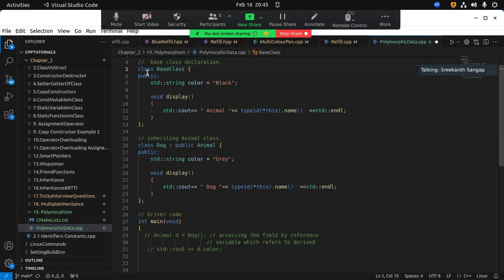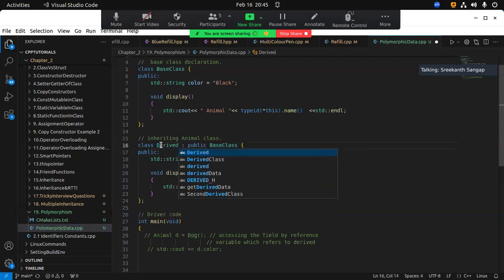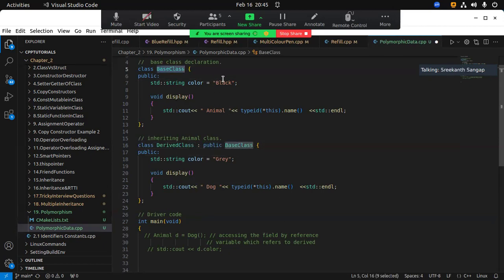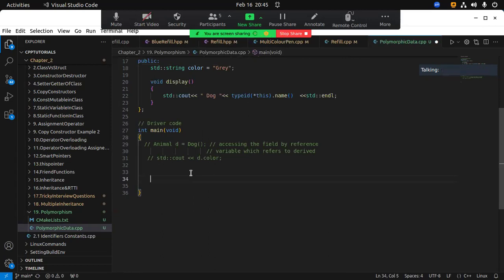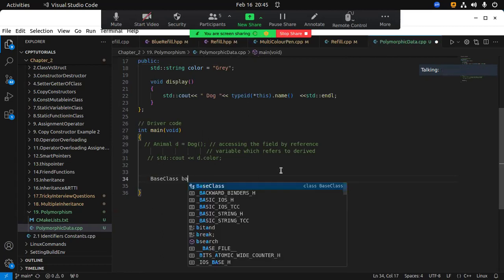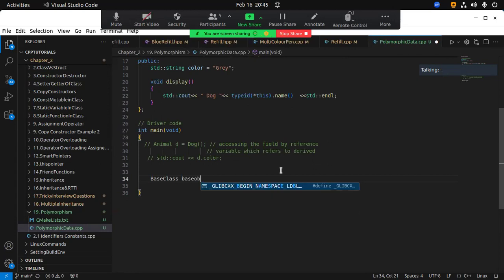Base class. Assume I have written a base class. Okay, I have a base class. Now I am going to derive one more class, a derived class. Now if I create an instance of base class,